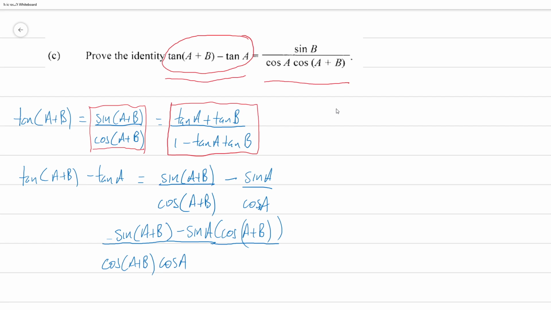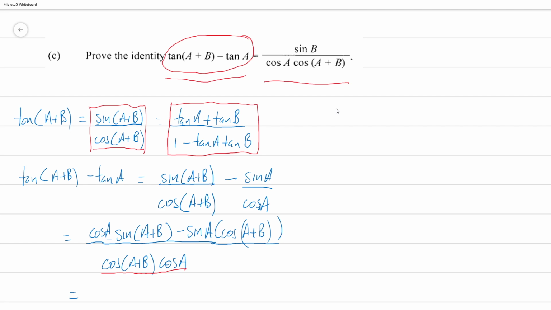So this here would be a cos a. So the denominator is cos(a+b) times cos a. When I take this denominator and multiply it by this expression, the cos(a+b) cancels. So I have cos a sine(a+b). Take this denominator, multiply by this expression, I have sine a times cos(a+b). Okay,